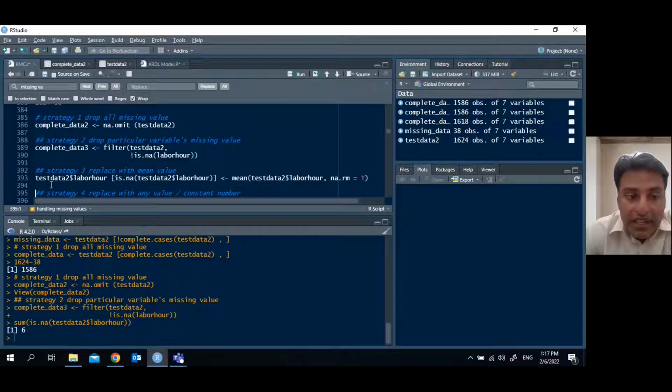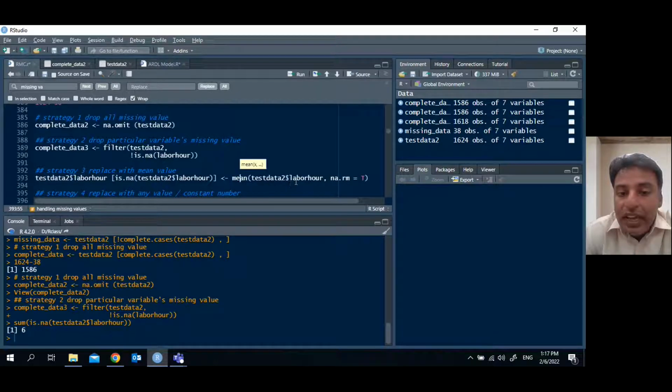The command for this one is test_data_2$labor_hour. You are calling that variable, and then in the brackets you are asking RStudio, is there any NA? Then again test_data_2$labor_hour, close parenthesis, close square bracket, and then assign it to